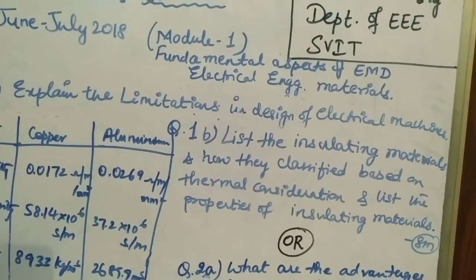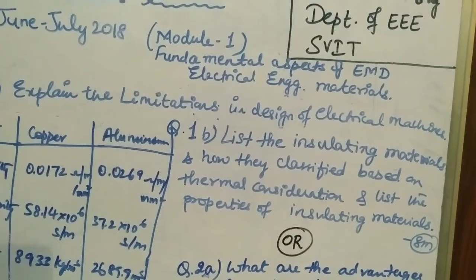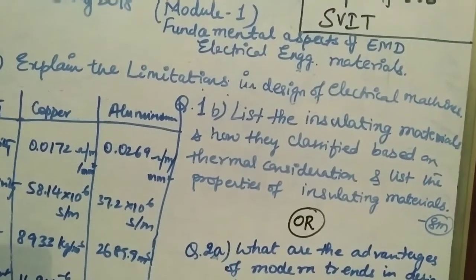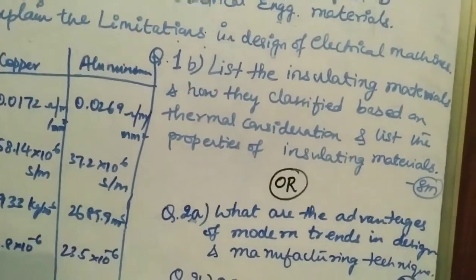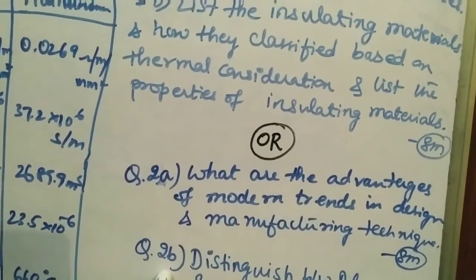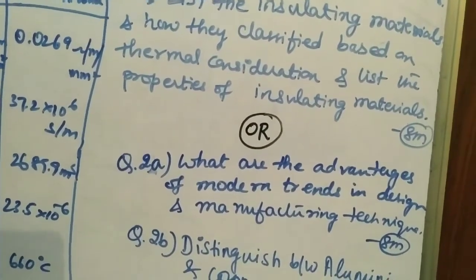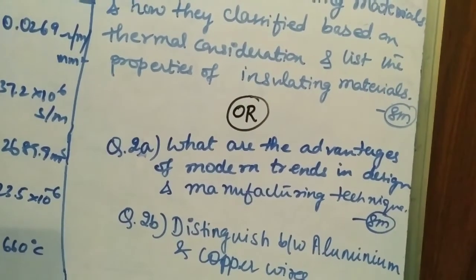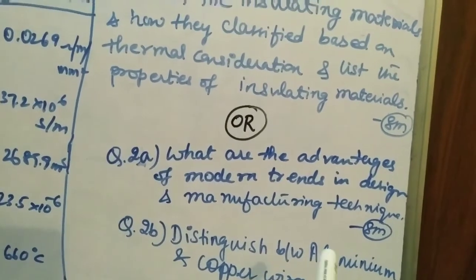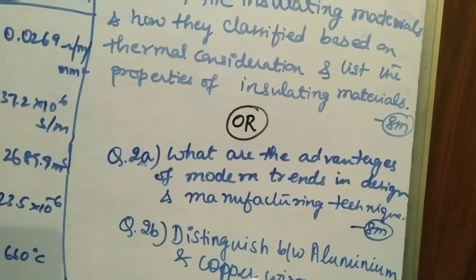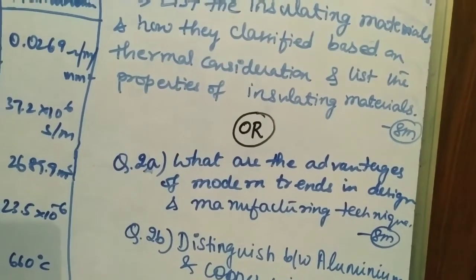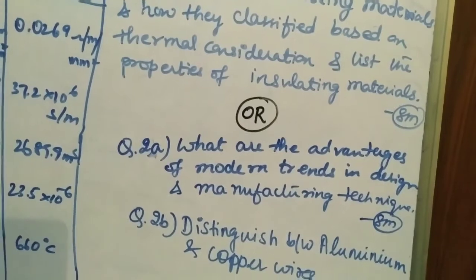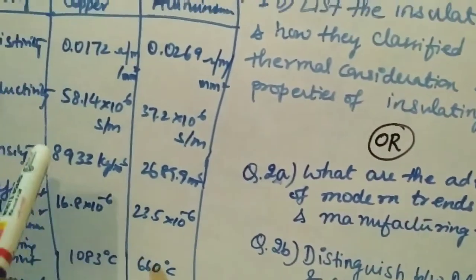Next, coming to what are the desirable properties of conducting materials used in electrical machines. This is an additional question, but it is a little bit twisted, so almost that question will be similar to this. So the 2B question is, what are the desirable properties of a conducting material? So these are the 2 conducting materials, right? In addition to this, you should also focus on the properties of conducting materials. Along with that, you have to remember this table.